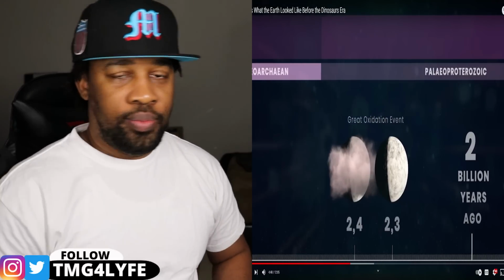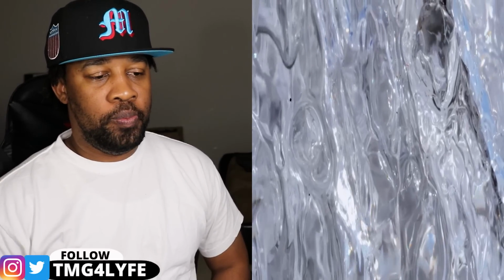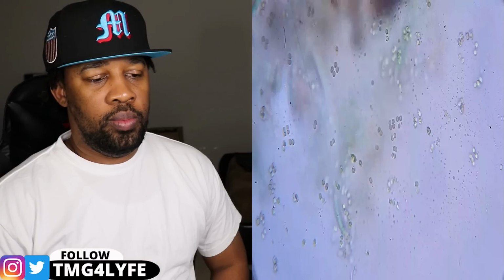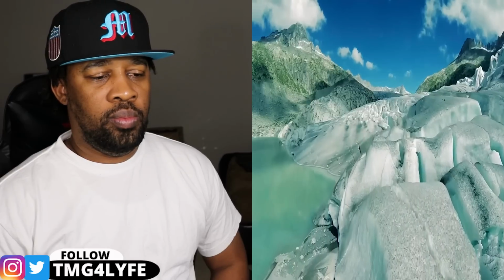Ago, the Earth froze over as the possible result of the Great Oxidation Event, and volcanic activity on the planet slowed down. Over time, the ice melted, which resulted in more oxygen being indirectly released into the atmosphere. This gave way to the Neoproterozoic era, where protozoans such as Paramecium, amoebas, and Melanocerilium evolved. The first animal cells were different from plants, and these cells began feeding on plants and became the first herbivores. But during this era, the Earth froze again at least 2 more times, which stunted evolutionary development. However, life finds a way. And during this time, fungi, worms, and other small...